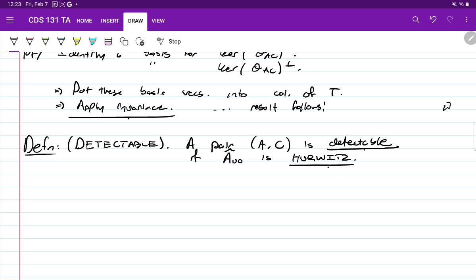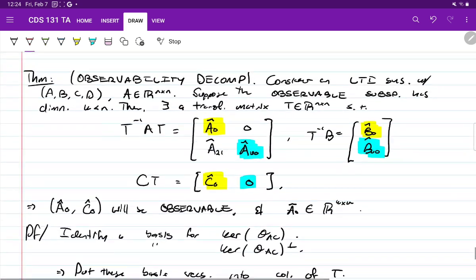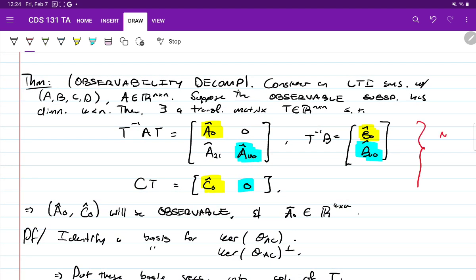All right, I want to make a very quick side comment that I didn't make last time, which is the remark that A hat unobservable is not necessarily unique. This is a result of the fact that this decomposition is also not necessarily unique. We can permute all of the columns in A hat unobservable, for instance, and shift these things around a little bit.